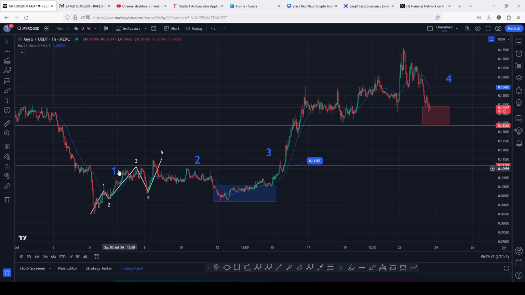a move that gave us a high in this larger Elliott count 1 in blue. And after we topped in that Elliott count 1, we saw a bit of a corrective structure in an Elliott count 2 into the minimum target areas for the second wave highlighted on the charts using this blue target area. And after we fully maximized the area, we started another aggressive bounce to the upside in what I have been